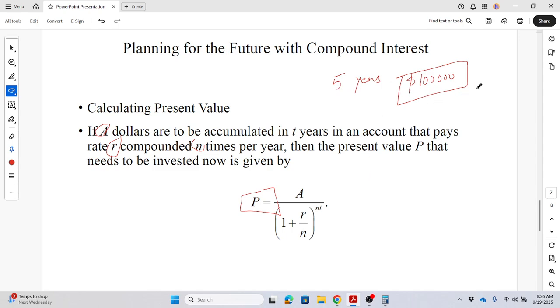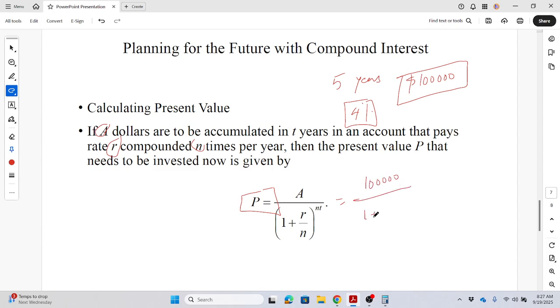So you go to different banks or different investments, and you find out that there is a package which pays you, let's say, 4% a year, compounding per month. That is the package. How much money do you need to invest today so that you will have $100,000 in 5 years with 4% compounding monthly? To calculate this information, you go here and you just put